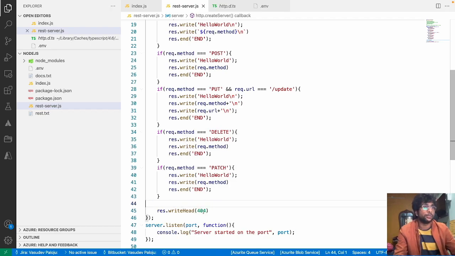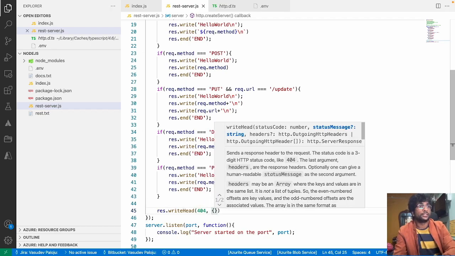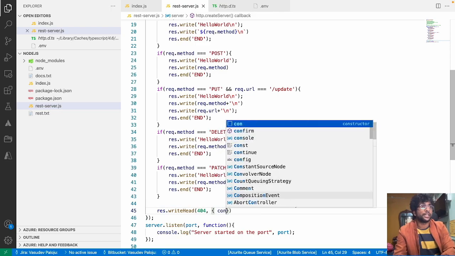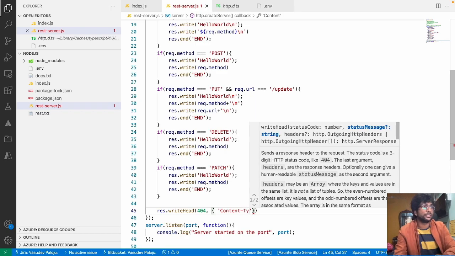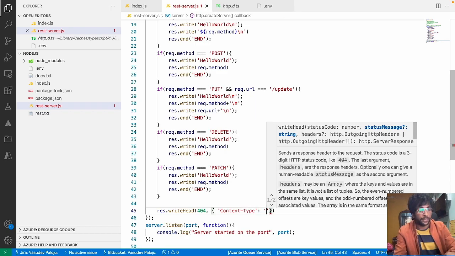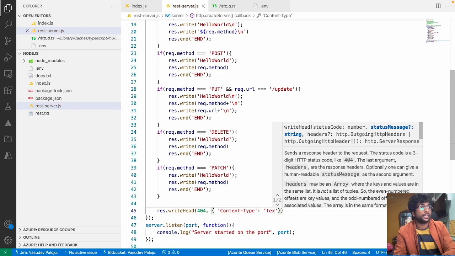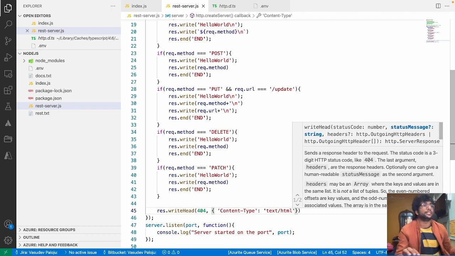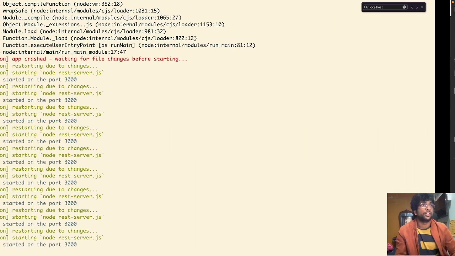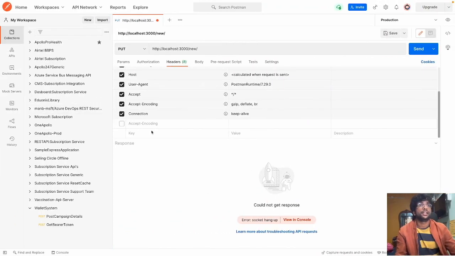Any method can be used, and you can set the content type. So content type is a header which says what type of content you are sending from your backend. Is it a plain HTML? So is it a text HTML? Is it a JSON? Is it a PDF? Is it an image? So if you see in the Postman, right, if you see